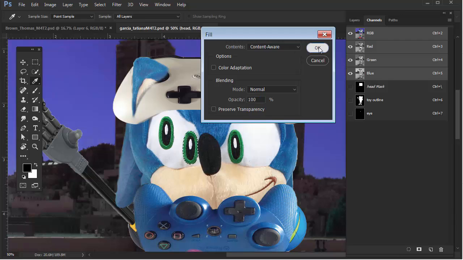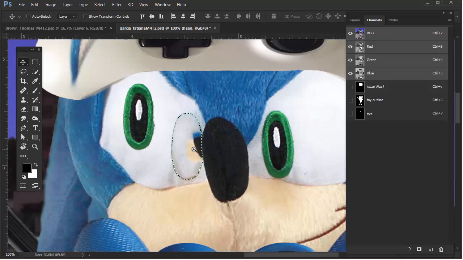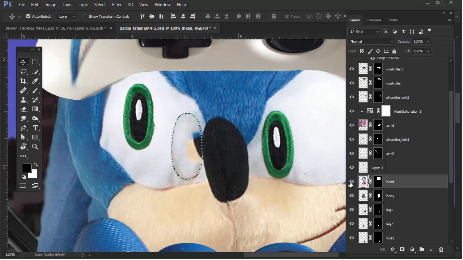So I'll hit OK. All right, and it did a really good job, except that it picks up the surrounding pixels, like I said, of the nose. So we're going to fix that. So now with it still selected, what I'll do is, notice the head is still selected. I can do this. I can go to my clone tool